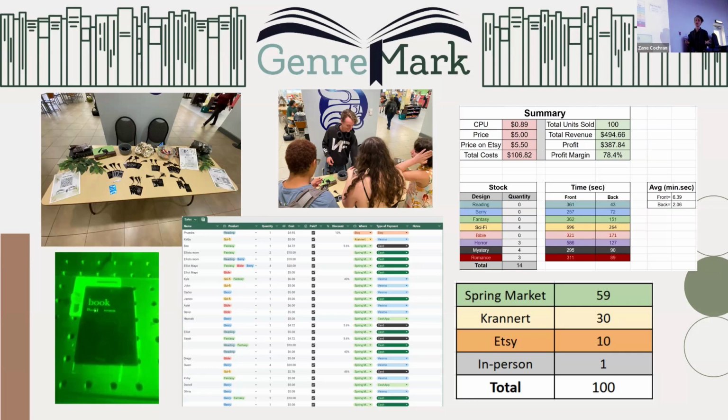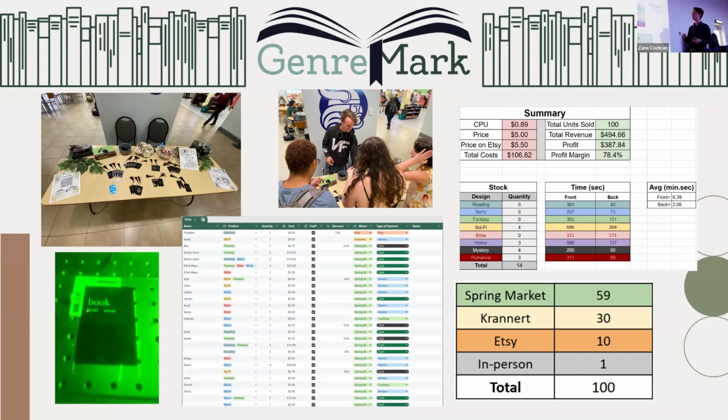Those 10 bookmarks were people that I knew. The goal was to reach beyond Barry. It wasn't successful, but I was able to make up for it with the other places. And then I also created a spreadsheet so I could document all this, and I was able to create this summary, documenting what they bought, how many they bought,